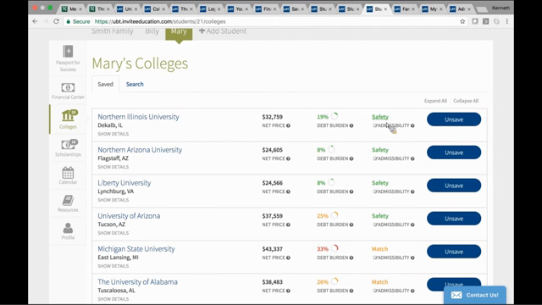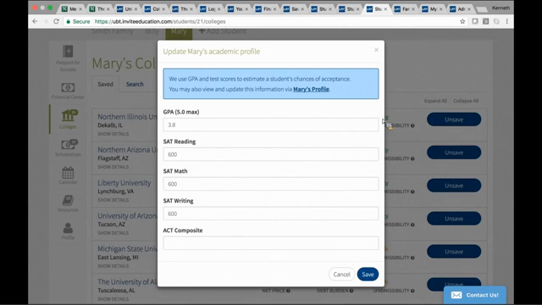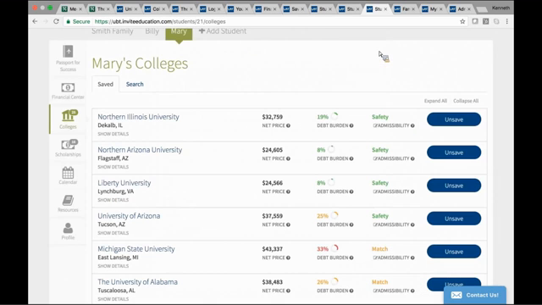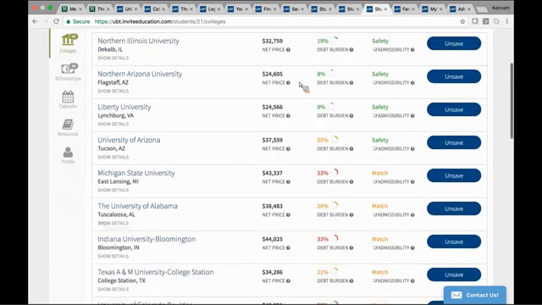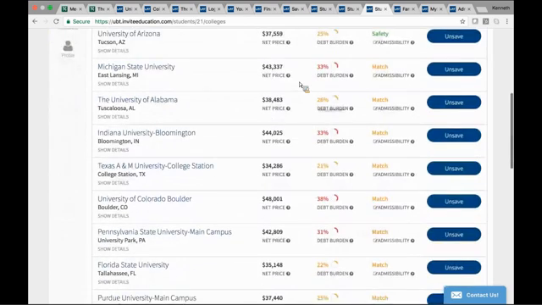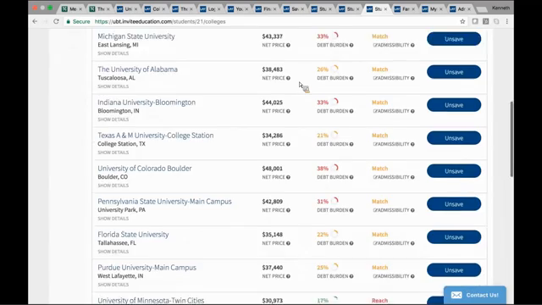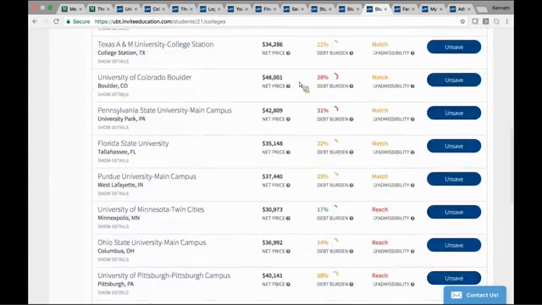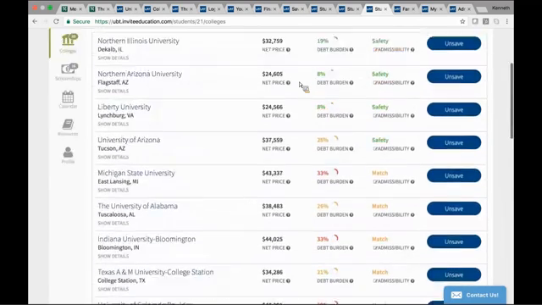Now, taking a quicker look at this, you see there's safety schools, there's reach schools. This is all based on self-reported data like GPA and SATs. So this information relies on the student and parent data entering it, but then it's going to give them a pretty good idea of what their potential could be for admission. And then we rank them up. So we have admissibility as a match, admissibility as a reach,